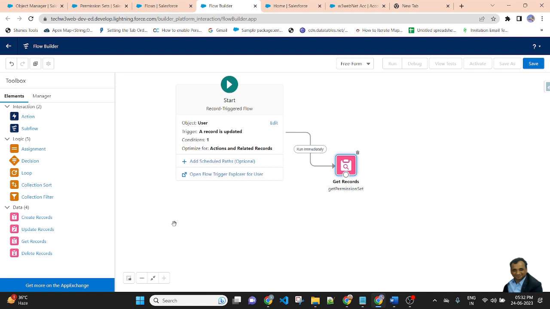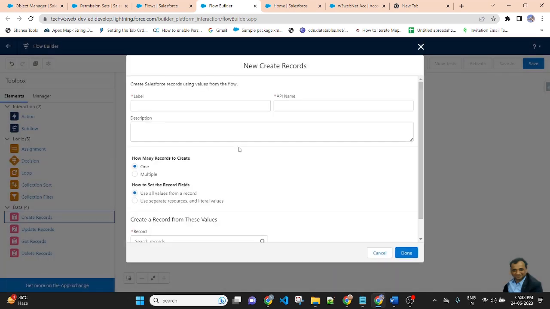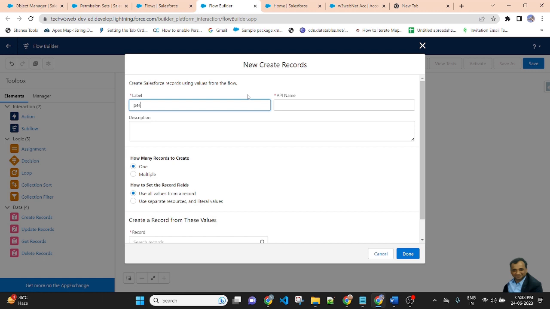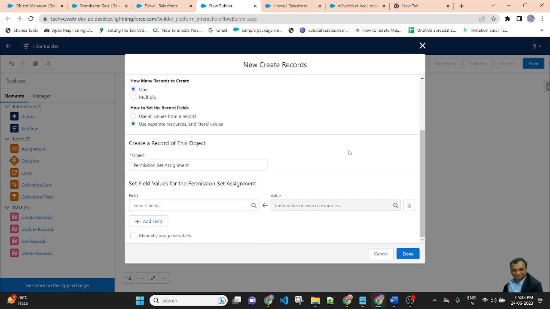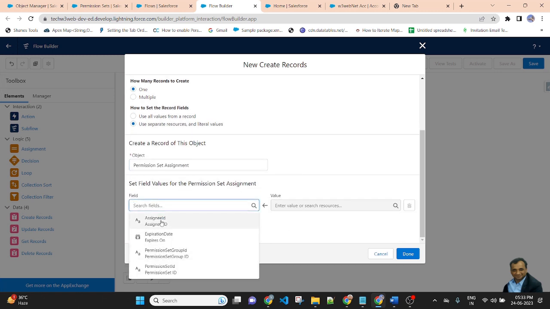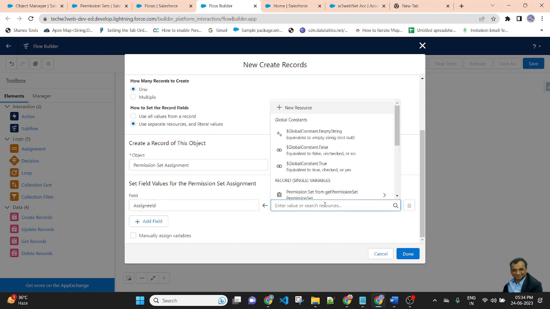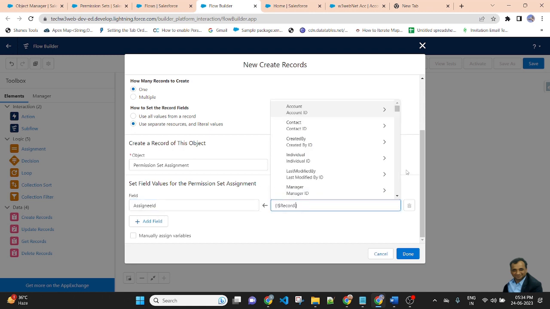Now I am creating a permission set assignment record. So Create Records, using separate resources. Object name will be Permission Set Assignment. Here, Assignee ID: the value will be passed as record dot user ID.